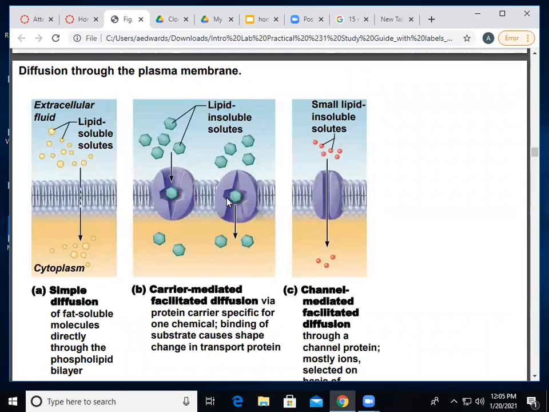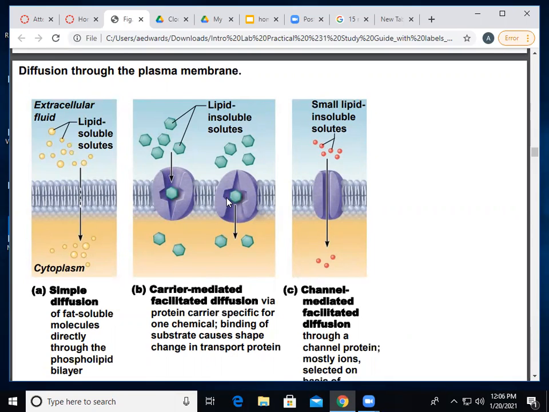Sometimes, if they're not lipid soluble, they require a protein carrier. We call that carrier-mediated facilitated diffusion. We call it facilitated because it needs a facilitator, right? But who's the facilitator? The protein. It's also a carrier. It's carrying sugar across the membrane from an area of high concentration to an area of